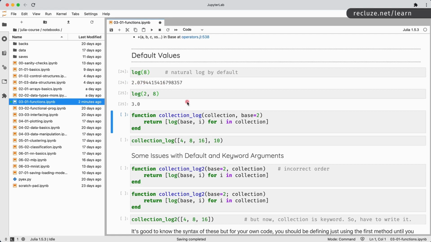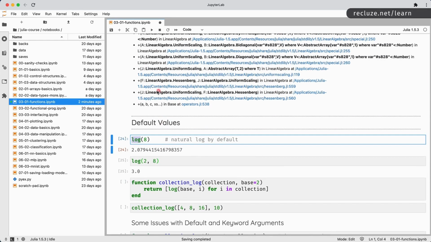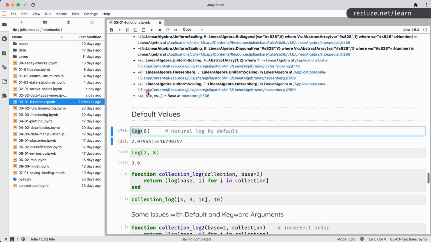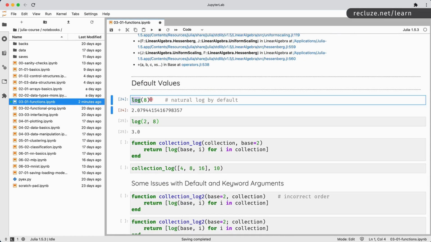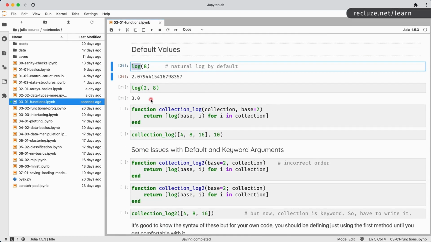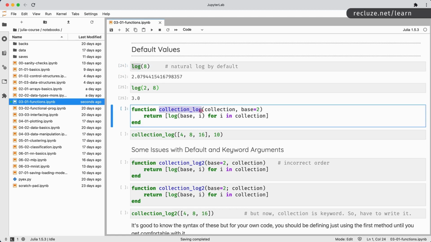So what we're trying to do over here is understand how this works, that the same function can work on different number of parameters. In the previous example, we saw how you can have a method for different data types. And here we are taking a look at different methods for different number of parameters. Okay, so that is how this works. These are called default values. So for that, let's take an example that we are going to pass a collection or a sequence of numbers to this collection log function, and it's going to calculate the log for all of these numbers, right?